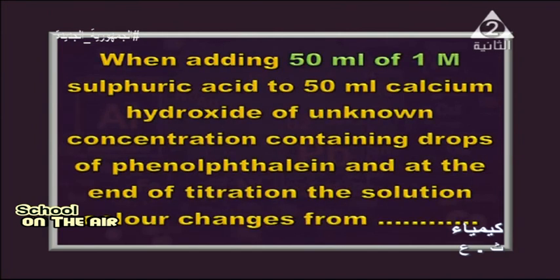Next point. When 50 milliliters of 1 molar sulfuric acid is added to 50 milliliters of calcium hydroxide of unknown concentration containing drops of phenolphthalein. So phenolphthalein is added to calcium hydroxide first. So it is in a basic medium. So the color starts